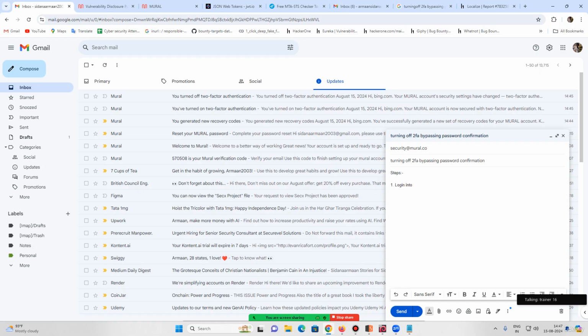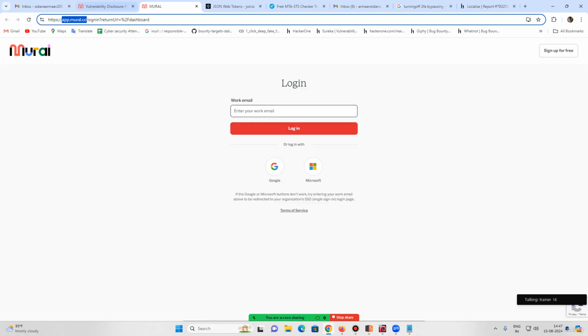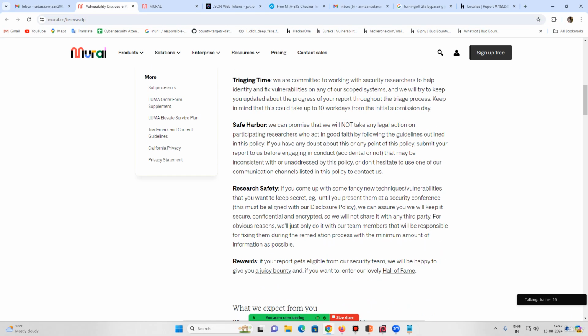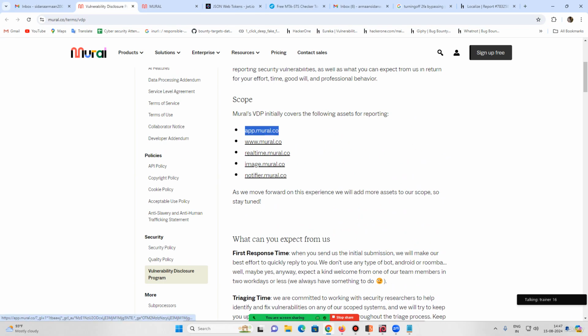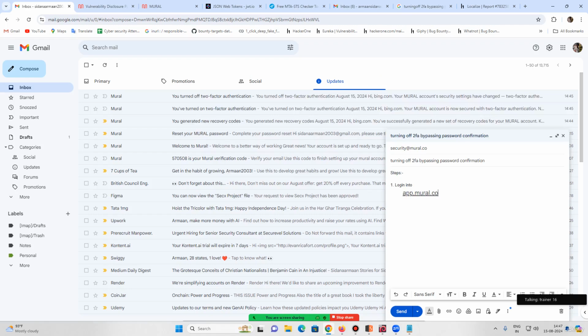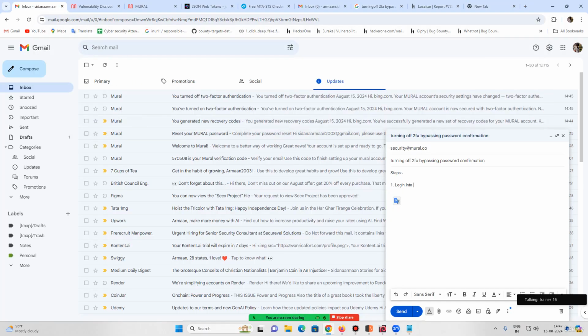Login into app.mural. As I told, the website has a lot of functionalities. We will learn a lot of new things. App.mural.co. Turn on your 2FA. Once enabled, if you want to